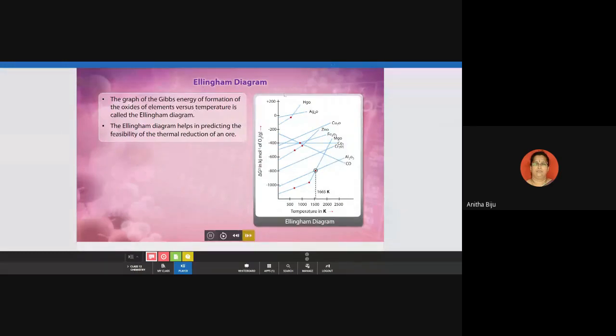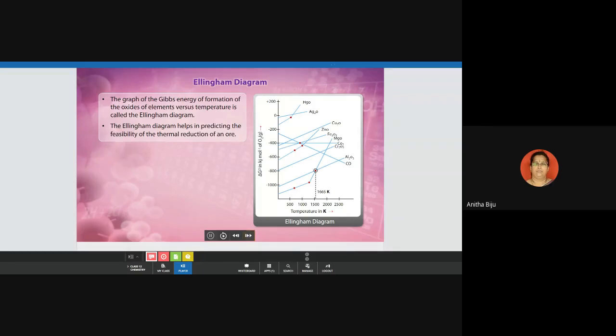Next topic, it is very, very important. Write Ellingham diagram. You know that this is totally related to this diagram. This diagram is known as Ellingham diagram. In fact, this diagram is also in your book. It is already there in the book, General Principles, this same chapter. And it is a part of the topic only. It is on page number 155, figure number 6.4.